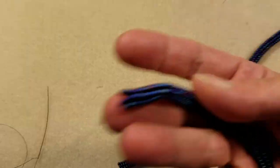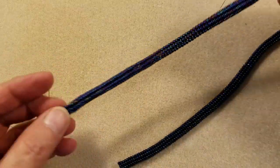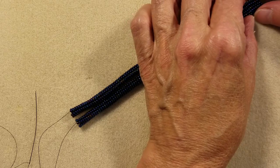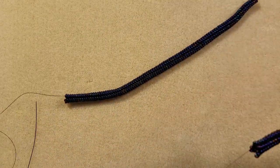So I finished up with my 100 rows on this piece that I've been working on with you all. I started out, I already had 1 piece made. And what you'll want to do is go ahead and make yourself a second piece. On your first piece, weave your thread,